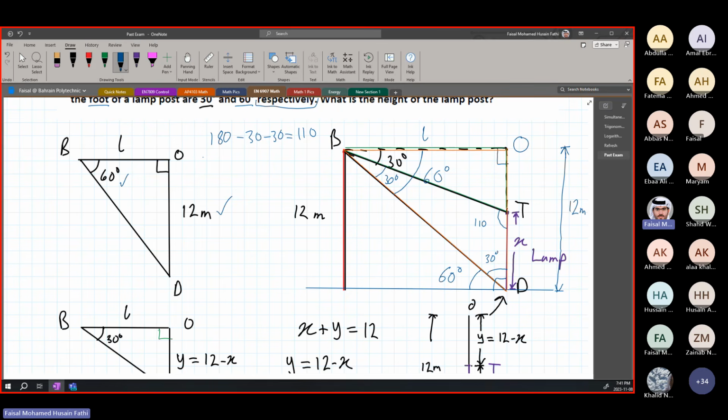This is what he did. Then he took the triangle at the bottom, where he called it X or something, what we called L. He found the L from the bottom triangle directly. Then after he found the X, he found the L, I mean he used Pythagoras theorem so he can find out this size, this hypotenuse. After that he used the sine rule, because we have the value of this. He did the sine rule with opposite 110, so sine 110 over the hypotenuse and sine 30 over x, and then he found the x directly. So you can do that method as well if you would like. That works as well.